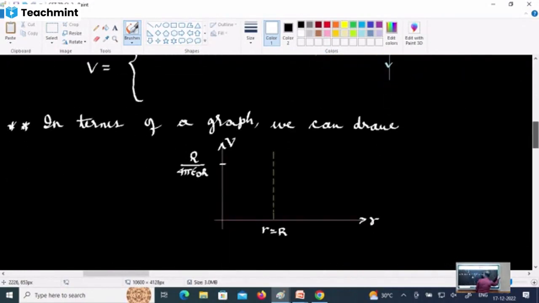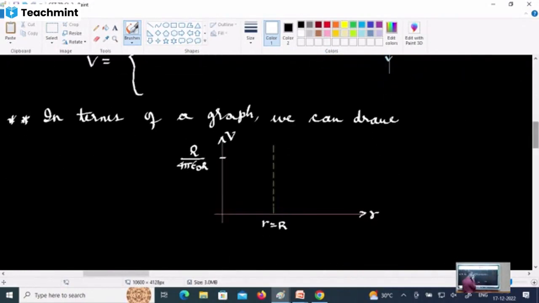This I have already done. How does the potential vary due to a